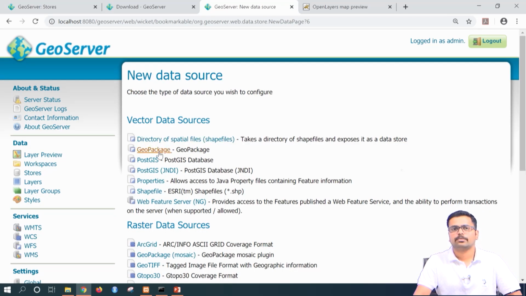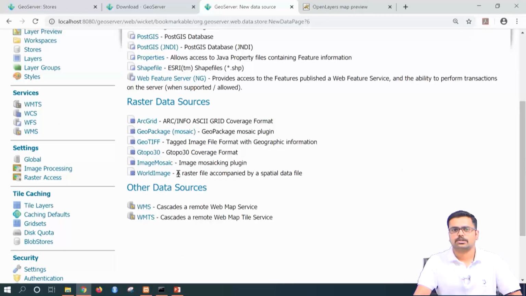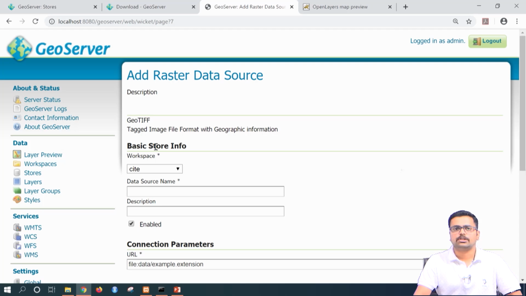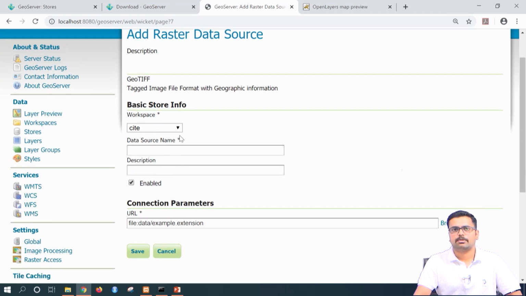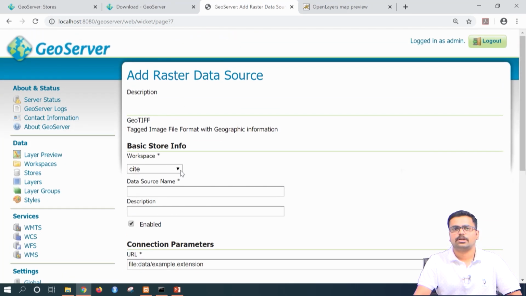So, here you can see there are various different vector data sources and raster data sources. So, now what we are going to add is the rainfall interpolated map for Mysore district that we had performed in our QGIS hands-on session. So, I am going to press GeoTIFF, that is nothing but tagged image file format. Once you press on that, you have to give some basic information about the raster data source. So, here the workspace to which it belongs is district, and data source name I am giving it as interpolation. Description, if you want, you can give it as rainfall